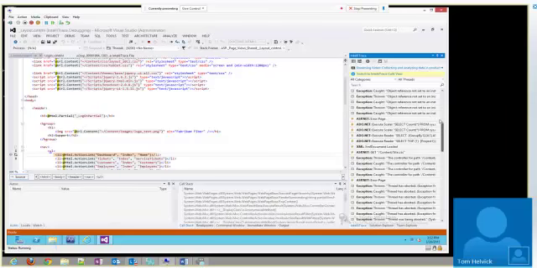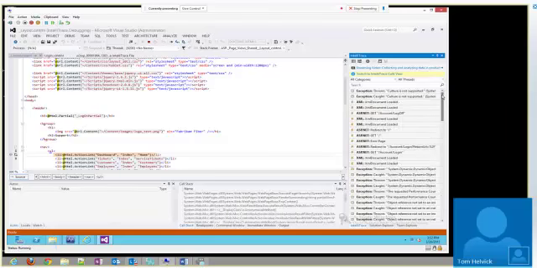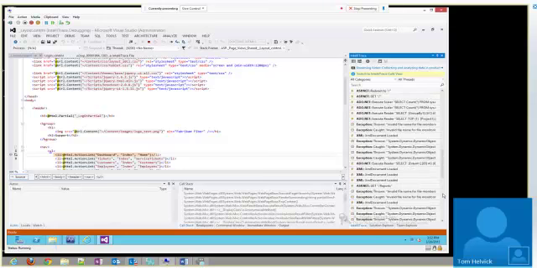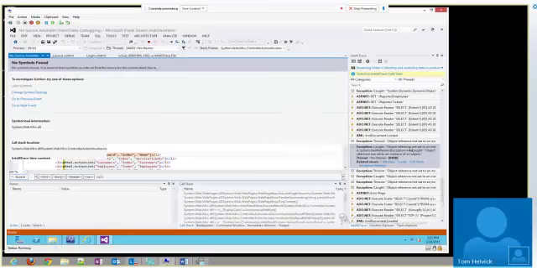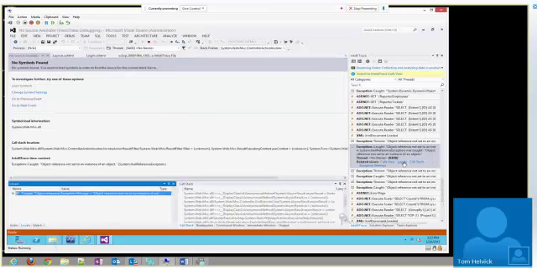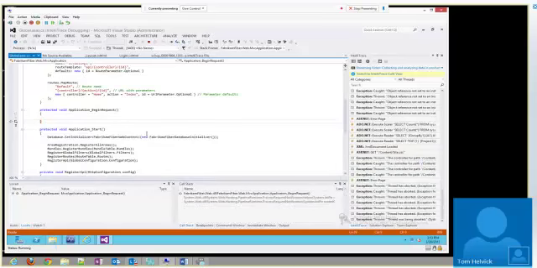So sorry for jumping around here. I'm trying to find the actual error. Object's already named. No, that's not it.